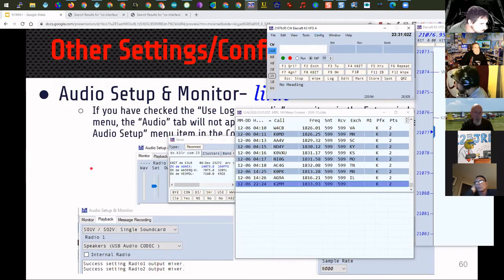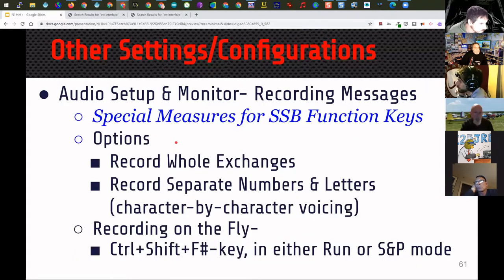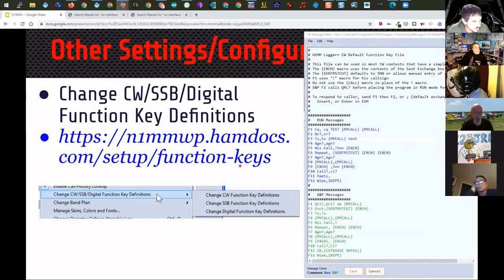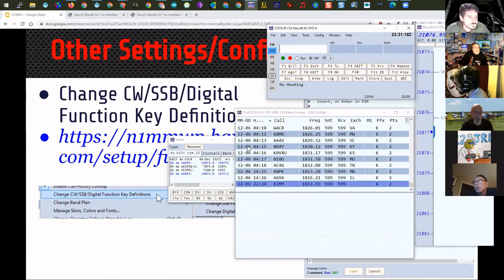And I don't want to get too bogged down in this because as you're just starting out, this audio messaging is something you're not going to want to jump into immediately. But I'm just going to point it out, and then you can go back into it in more detail later if you like. The next tool right on the menu right here